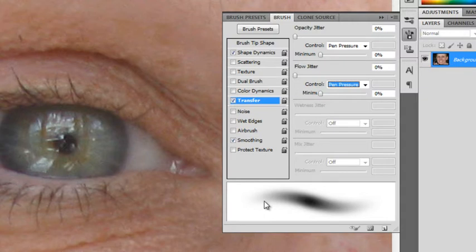If we're pressing lightly, we're getting very low throughput from that brush. If we're pressing hard, we're getting the thickest and most solid. That way you have a whole lot of control with what it is that you're doing. Okay? And that type of setting, you're going to want that for